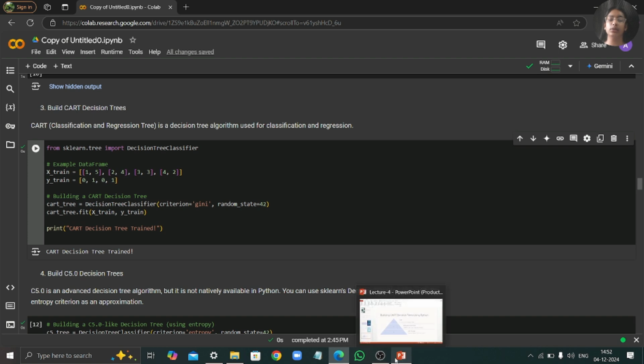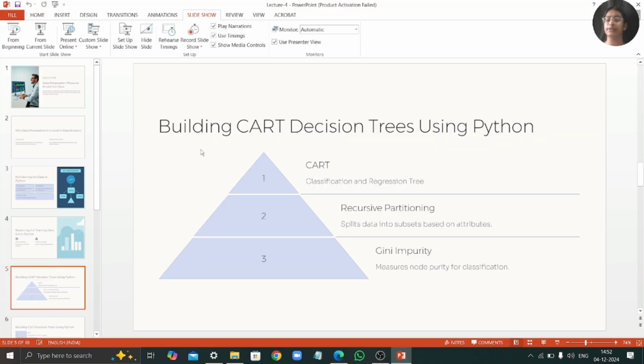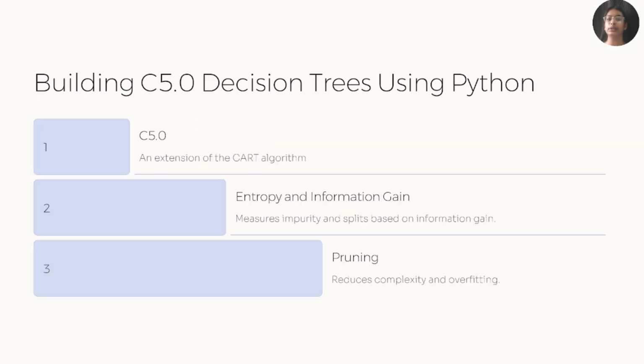Now let's have a look at C5.0. What are C5.0 decision trees? It has a wider range. It uses information gain, like I said, ID3 information gain, which uses entropies to calculate. It is an extension of the CART algorithm. CART was introduced first, then we use C5.0 decision trees, then we use random forest, which we'll cover later in